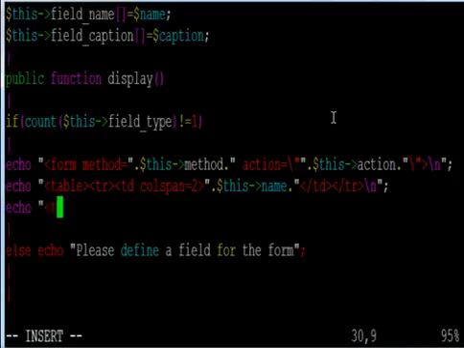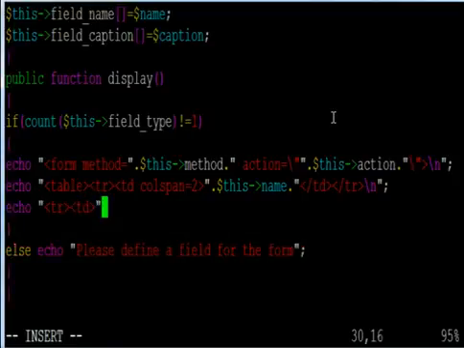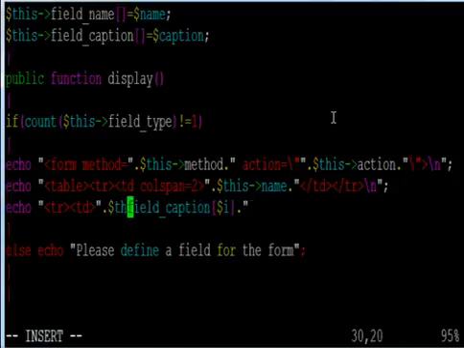now create another table row, and here what you have to do is you have to print the caption of the field and then the corresponding tag for the field. Okay, so here $field_name, $field_caption $i. This should be like $this field_caption of $i, slash td,